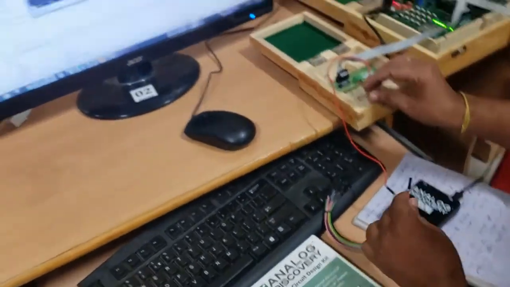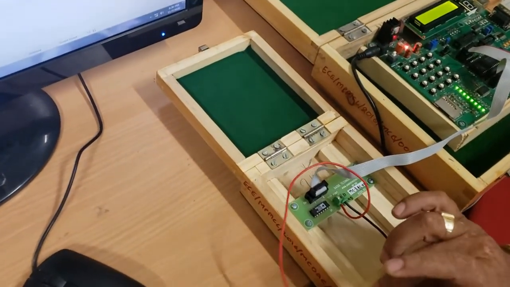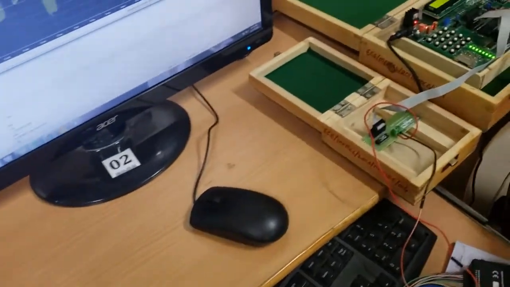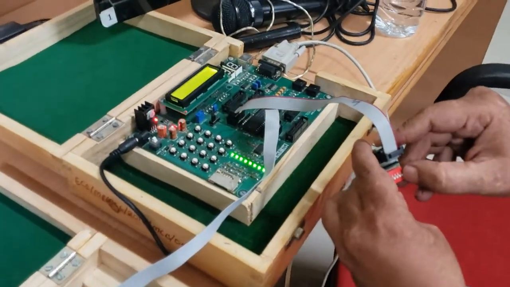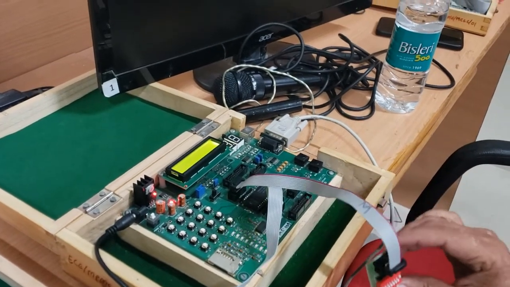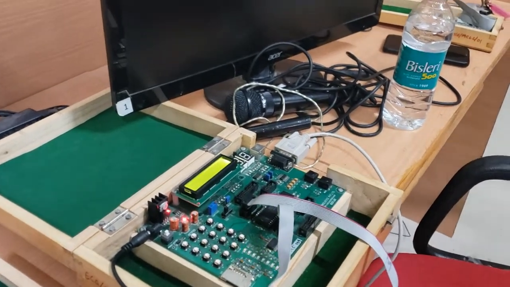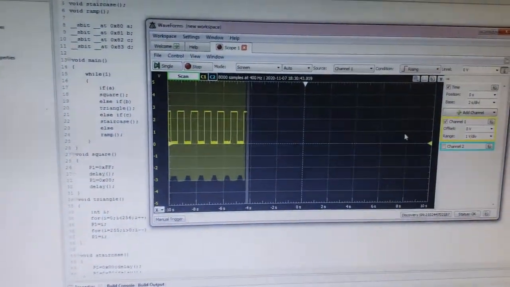Now going to this experiment, we are turning on the foremost bit, the LSB, switching it on. And the waveform is a square wave, seen on this computer.